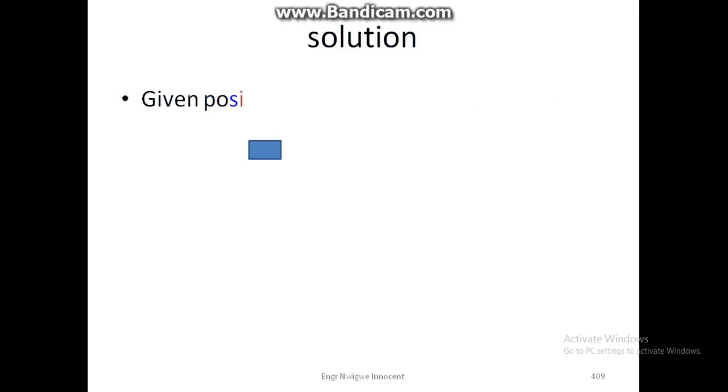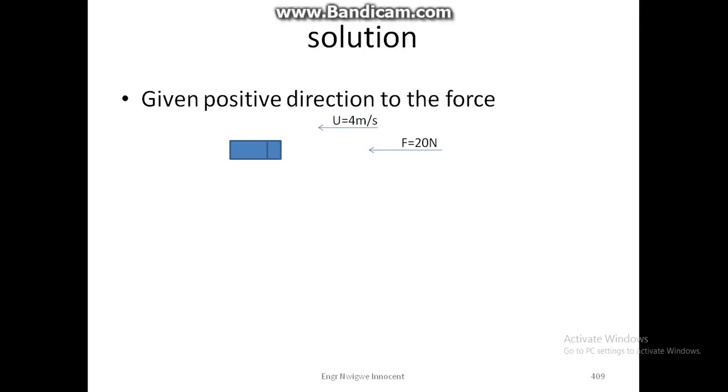Solution. Giving positive direction to the force, a body of mass 2 kg is moving with initial velocity 4 meters per second and a force of 20 Newton is applied for 0.3 seconds. We are now asked to determine the final velocity of the body. From the equation of